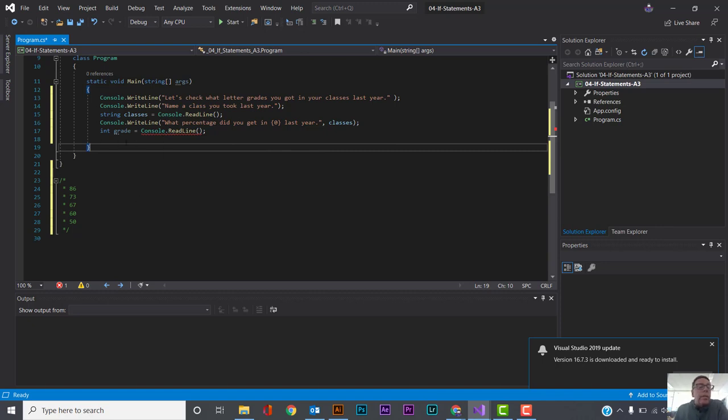Then I made another variable called int. So it's an integer type, which means it's only whole numbers, 1, 2, 3, not 3.5. For that you'd have to do a double or a float. And I called it grade equals Console.ReadLine. And Console.ReadLine,